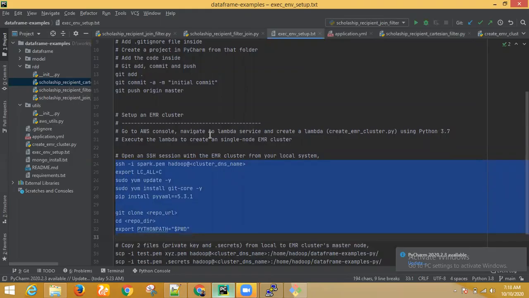All these configurations are done on your local computer. Every time you want to start executing, create an EMR cluster and do all these setups there, and then execute the code. Means from the EMR part onwards, you have to do it every time.